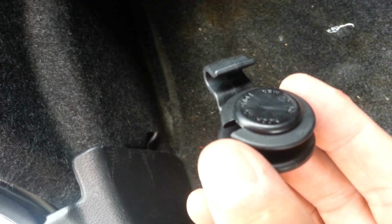And that's pretty much it. You take your clips back and, see like mine, since right now when I was showing you I actually closed this one, so I'm going to open it up. You want to make sure that it's in the open position when you insert it. Once it's inserted, you go ahead and push it in, and there you go, it's nice and tight again, how it's supposed to be. Same thing with these other